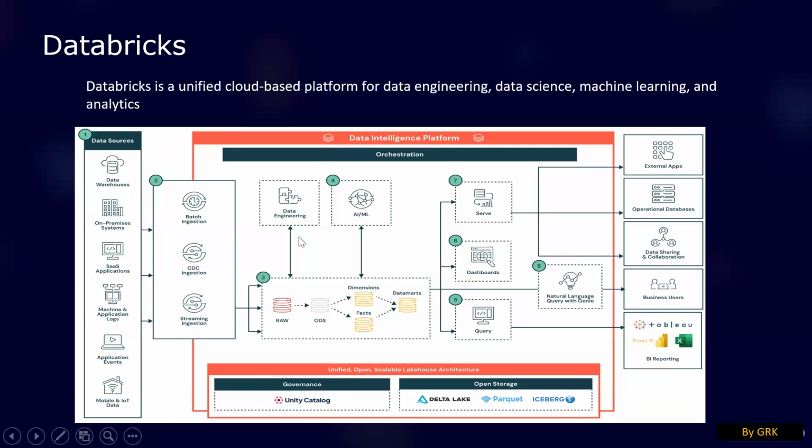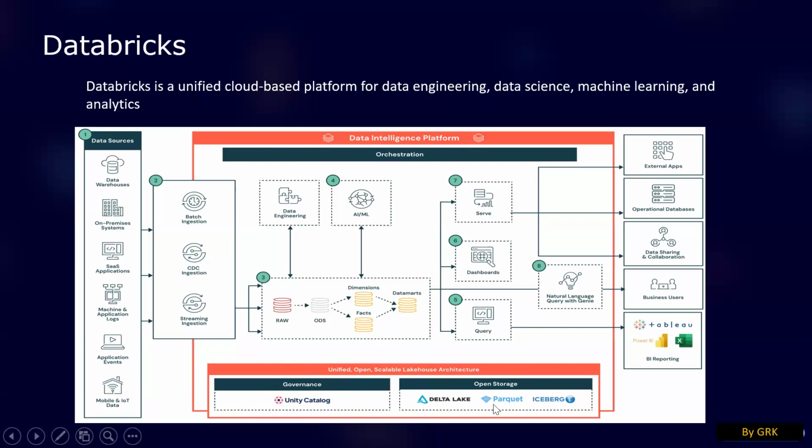Now we have data engineers who would convert our raw data to the bronze layer, silver layer, and gold layer, and it would be consumed by your BI reporting and everybody. Each one of these things will be governed by your Unity Catalog.